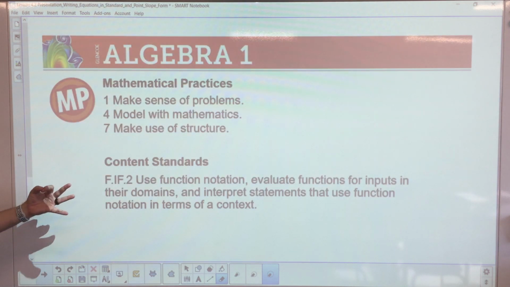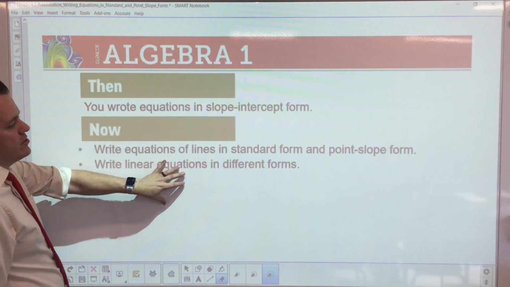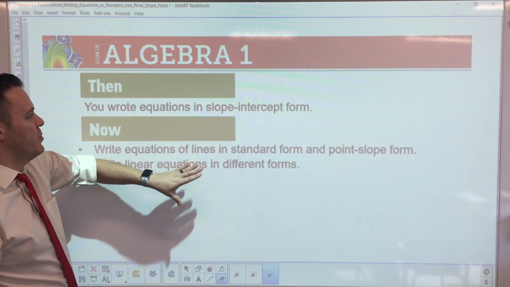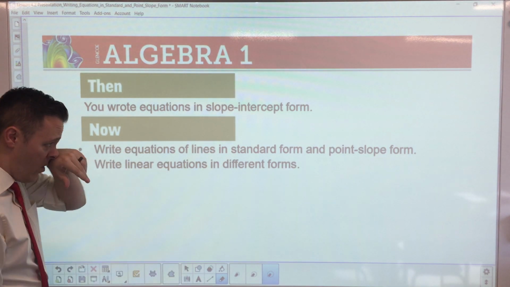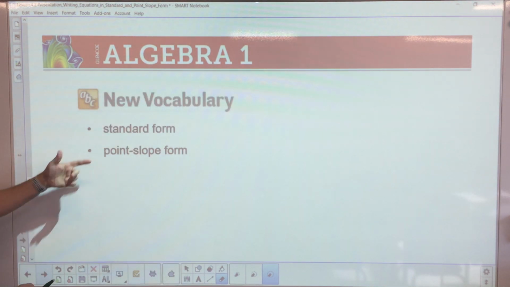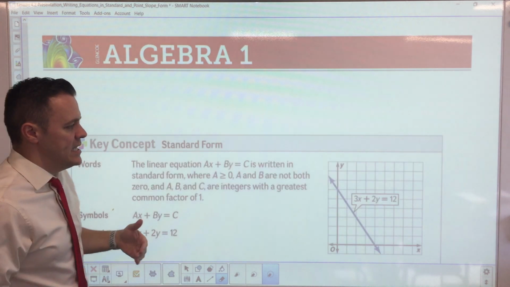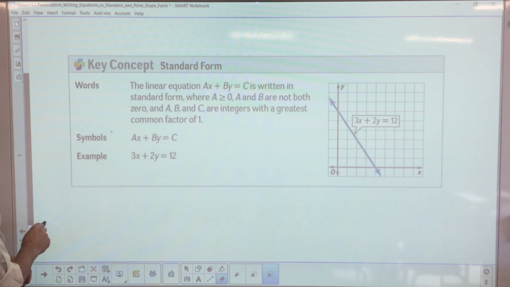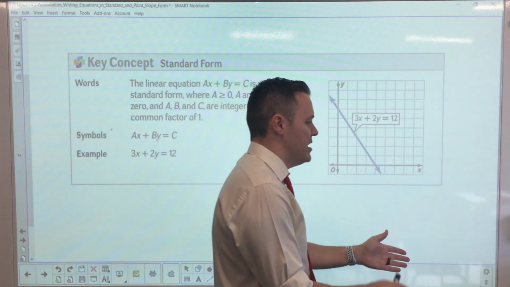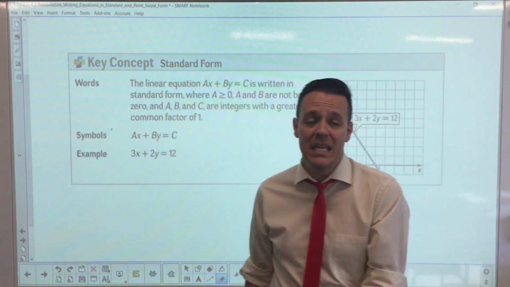All right, we're going to do 3 mathematical practices today. We're going to talk about intercepts, making sure you understand how to do both. Slope-intercept form is what we did do. Now we're going to cover standard form and point-slope form. Within the context of my classroom, we did talk a little bit about standard form in chapter 3. One thing, and please make sure before we continue, is be on page 232 because you will need it for